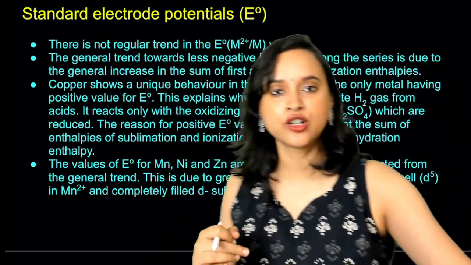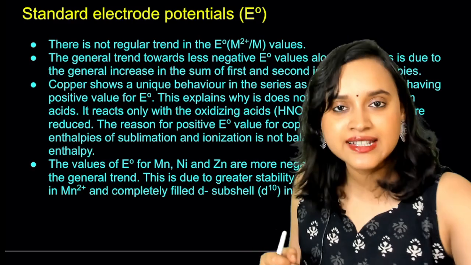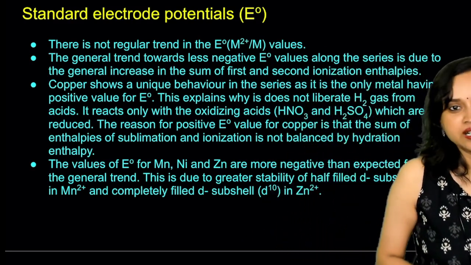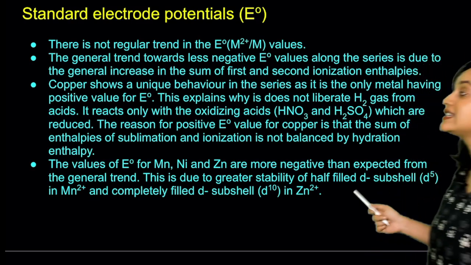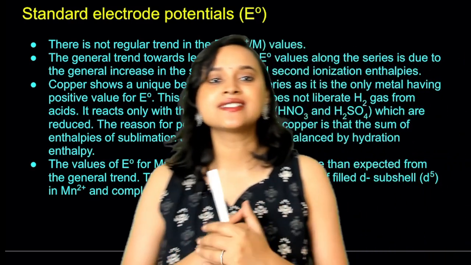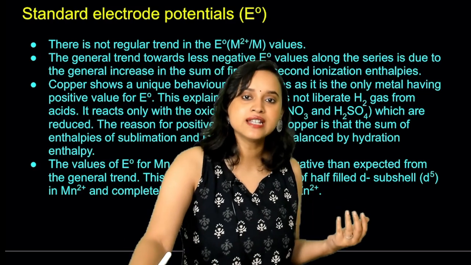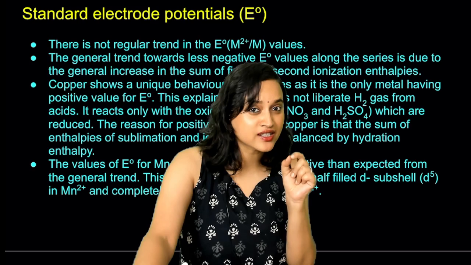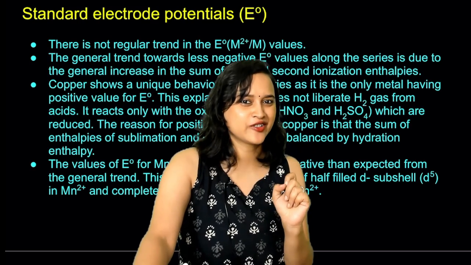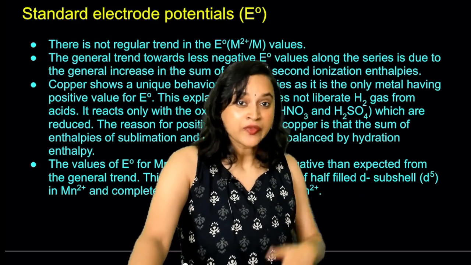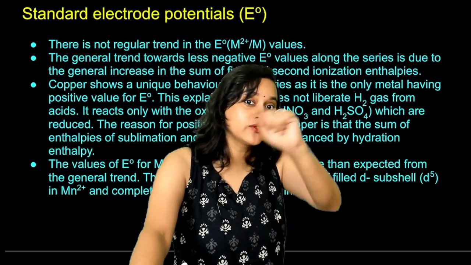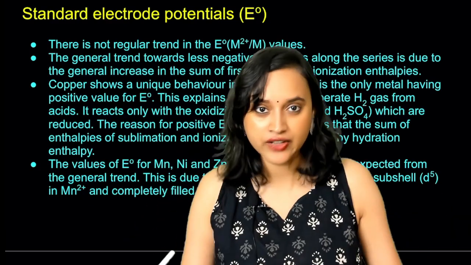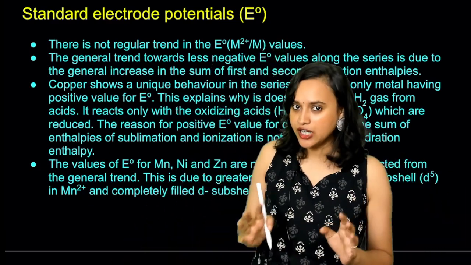Now copper, if you remember, if you mix it with hydrochloric acid, copper will not be able to release hydrogen gas. Only with oxidizing acids such as sulfuric acid or nitric acid will it be able to react, because look at sulfuric acid and look at the sulfur. Sulfur here is in the +6 oxidation state, which is the highest oxidation state for sulfur. So sulfur can only reduce itself. While sulfur is reducing itself, it will oxidize the person standing right in front of it. Correct? Yes. बच्चा समझ पा रहे हो ना क्या मैं कह रही हूँ?